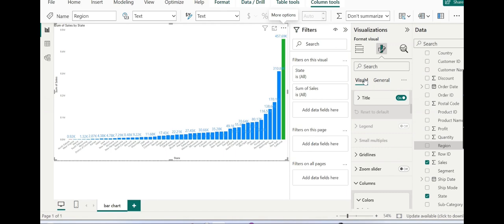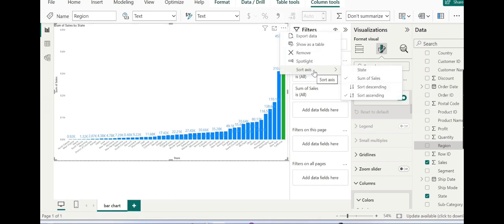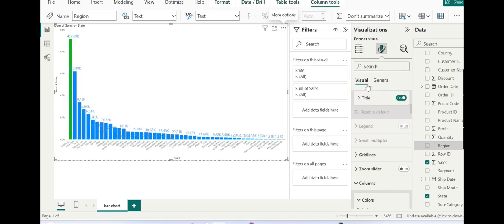So this is based on the values of the y-axis. By default we have sorted in ascending order, but we can change that. We can go back to sort descending by simply clicking here, going to sort and sort descending. And this takes us back to where we started. The tallest bar, California, is on the extreme left and the shortest bar, North Dakota, is on the extreme right.